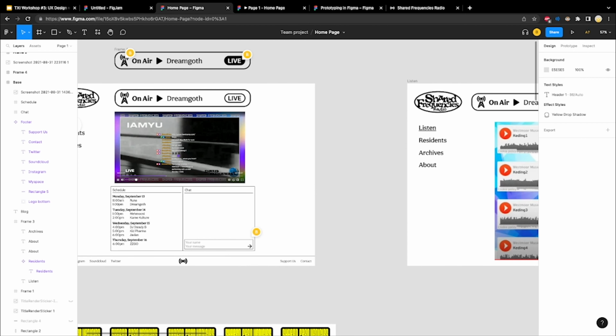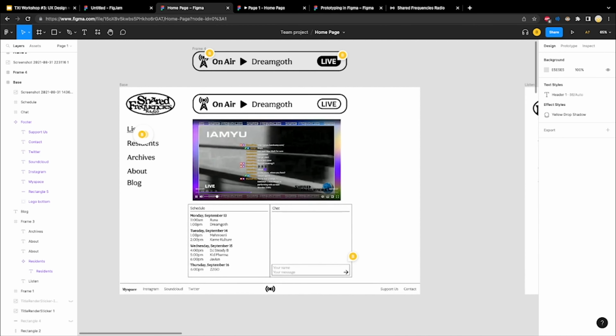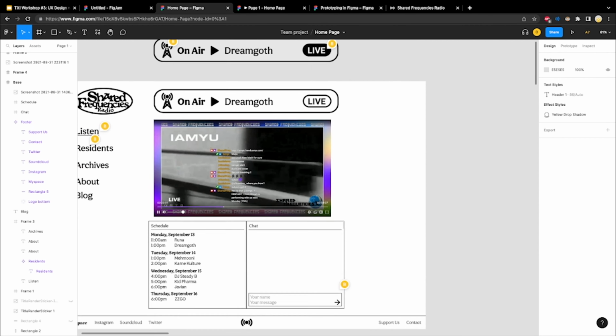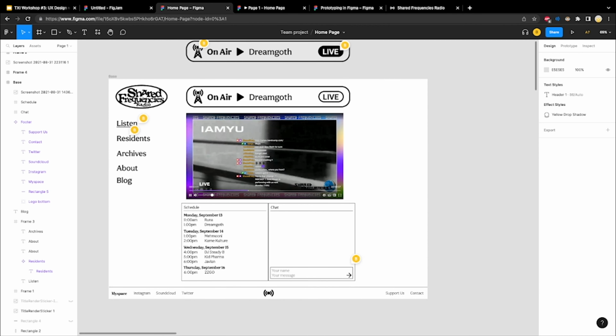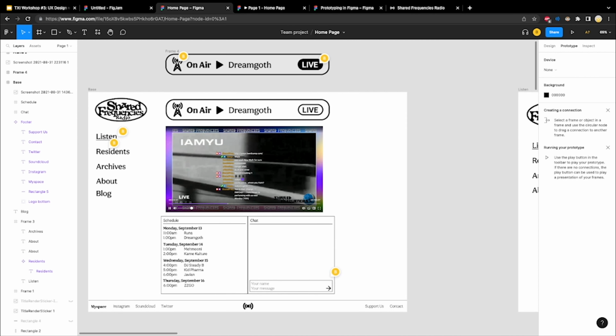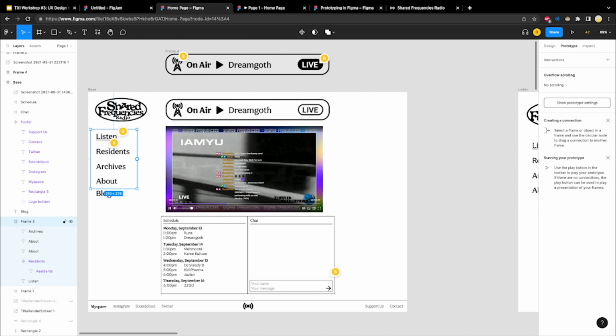Okay, I see. We're in the design tab here. Basically what I was doing, again, I'm kind of rusty on Figma. I was just looking for something that said prototype, because that is the term they use when they're talking about connecting things as if it were a functioning website. So I see a prototype tab here. And if I click on this, it gives me a little tip: select a frame or object in a frame and use the circular node to drag a connection to another frame. So I can see that there's a circular node here. When I hover over it, it shows a little plus. So I'm going to drag this